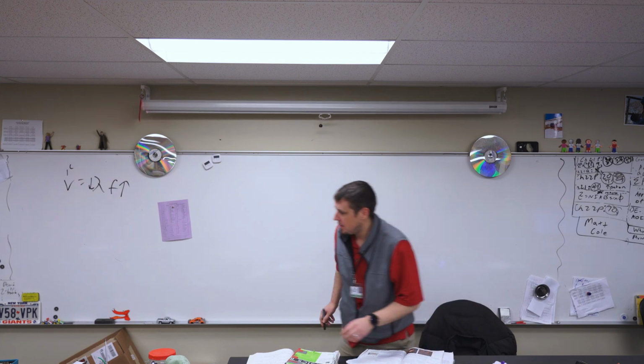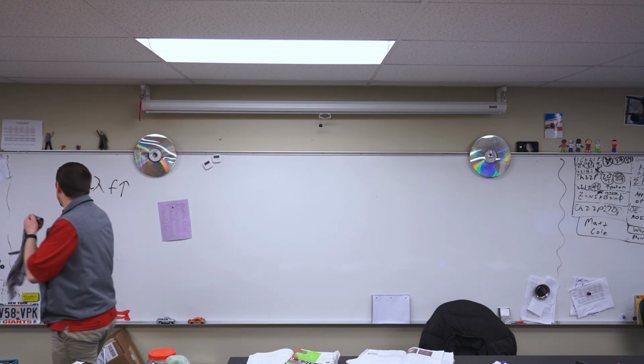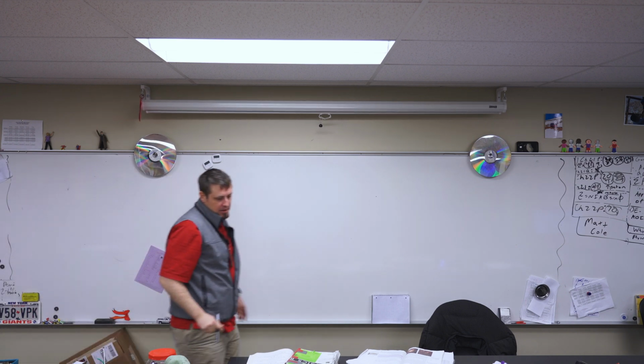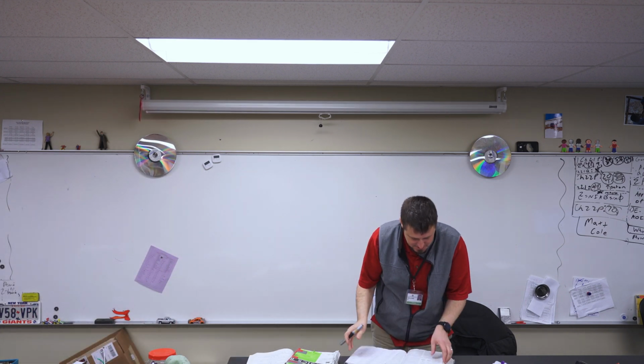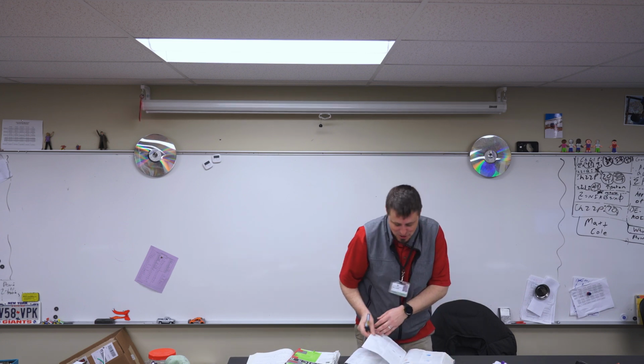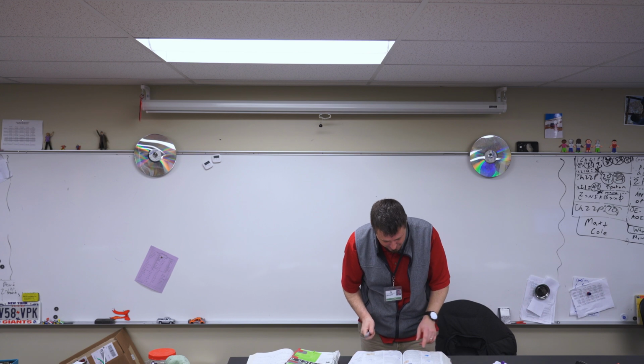All right, so in this problem, there's a square loop of wire and a circular loop of wire, and then I don't remember the rest. So give me just a second to take a look at this again. Chapter 22, number 20. All right, so we got a magnetic field